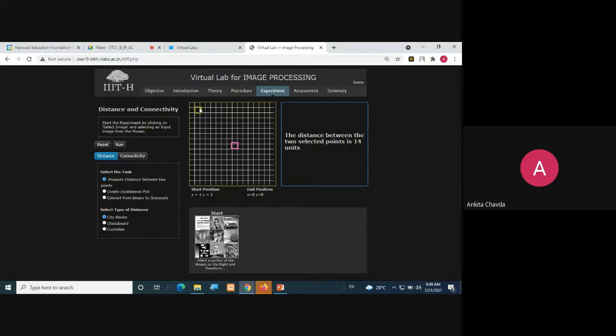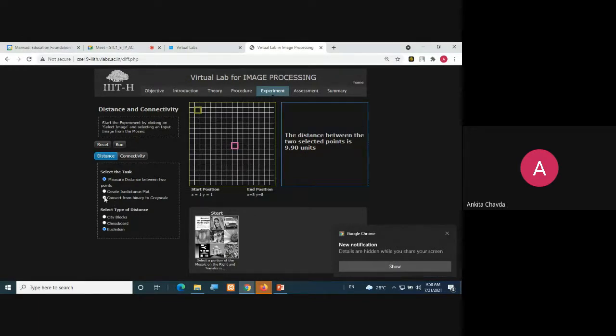When you are using city blocks, because it is four connected only, you have to move like this. That is why. If it is chessboard, then you can see that it would be less than this, it is only 7 units, only diagonal path it is following. And if it is Euclidean, it is a mediator value between city block and this chessboard. It's 9.90 units somehow. Fine. So this is how they are finding the distance.